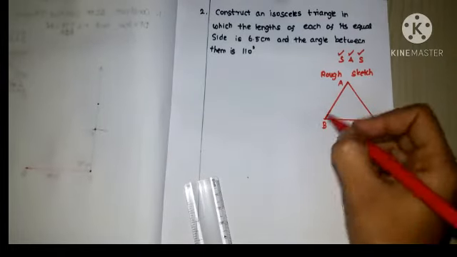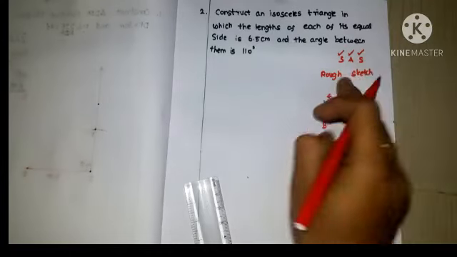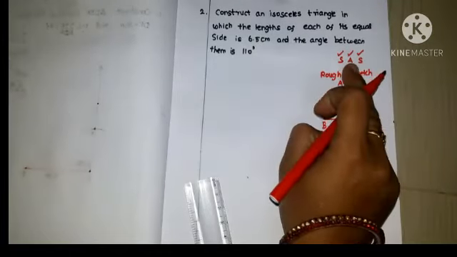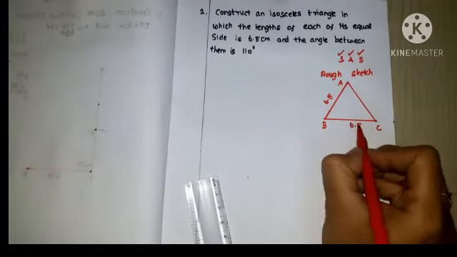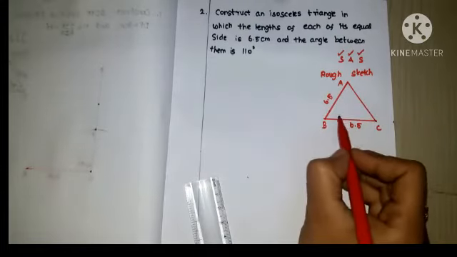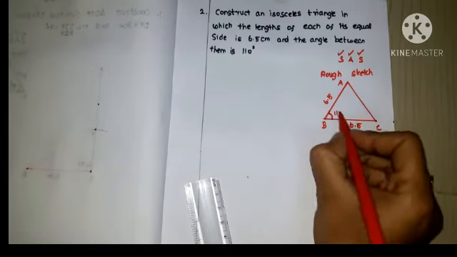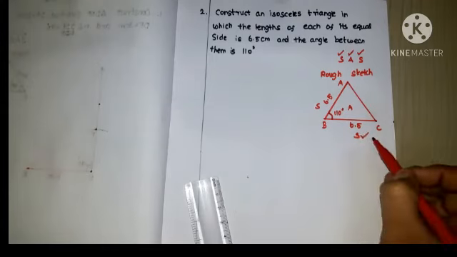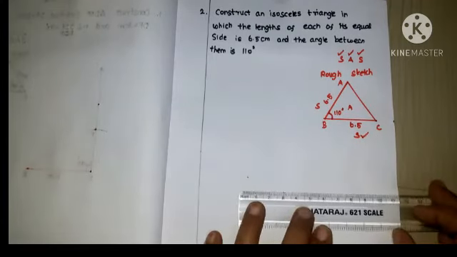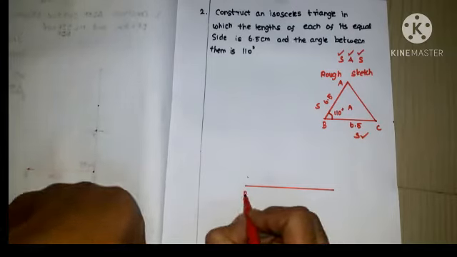So I have to complete the measurements on it. AB is 6.5 centimeters. See here, the angle should be present only between the two sides. So this side and this side are 6.5 centimeter and 6.5 centimeter, and the angle lies between the two sides, so it will be 110 degrees. This is side, angle and side. First we have to finish the line segment of 6.5 centimeter. Draw the baseline of 6.5 centimeter.